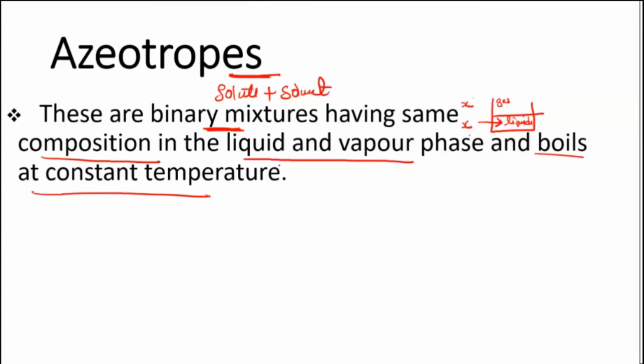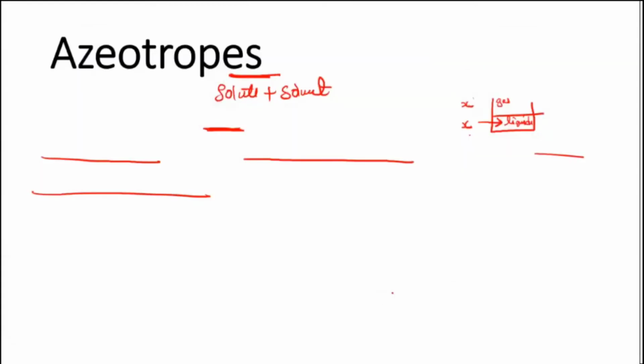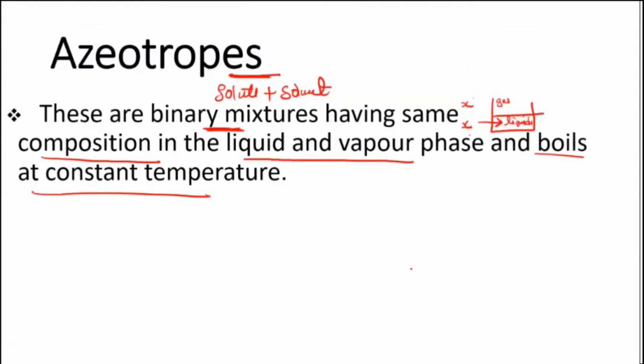Usually two liquids have different boiling temperatures, but here the speciality is that at one particular composition, at this point I told you, when the composition comes out to be this, I will tell you the exact composition with one example. At that composition, both the liquids will come together and start boiling at a constant temperature.